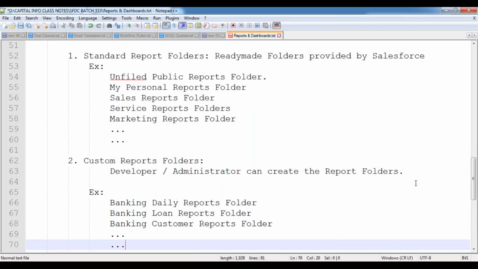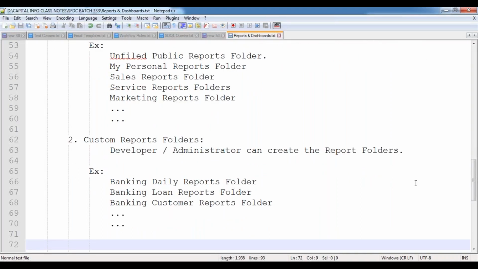Like that, we can create our own folders according to your business requirement. There is no limitation, we can create n number of folders. That possibility is valid. So now in this case, once a report folder has been created, we can